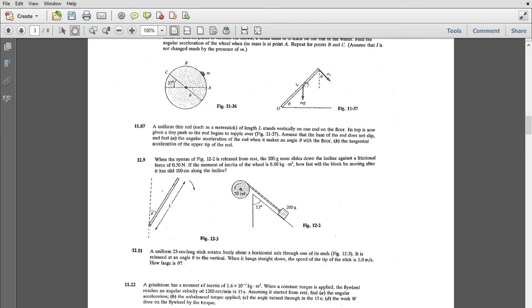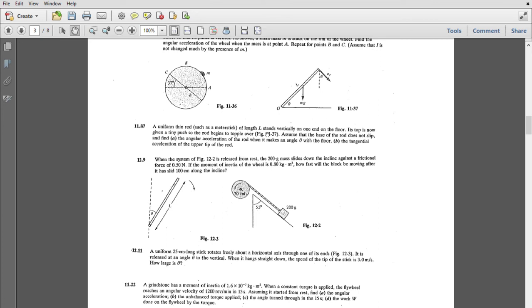That's how far it falls down. So then we have a minus m times g times L over 2 times, in parentheses, 1 minus sine of theta. Okay, set the sum of those things equal to 0 and solve for,